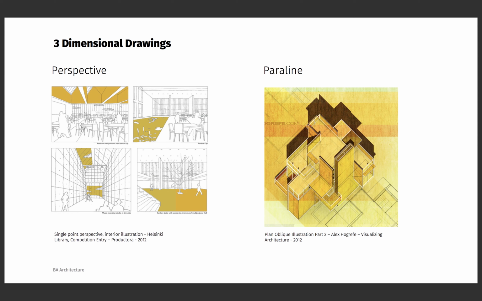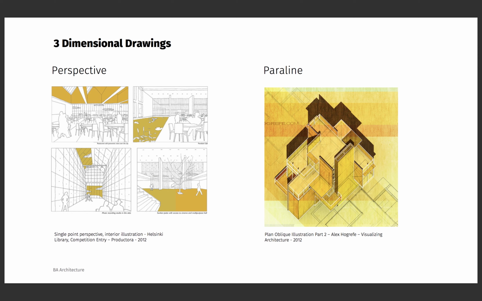So if you look at this illustration on the left of four perspective interiors, it gives a three-dimensional impression of what a built environment might look like. It's a single point perspective in each of those cases. And what we can see is a simulation of a human eye line view of a space. And perspective matches or attempts to match what we see with our own binocular vision when we look at the